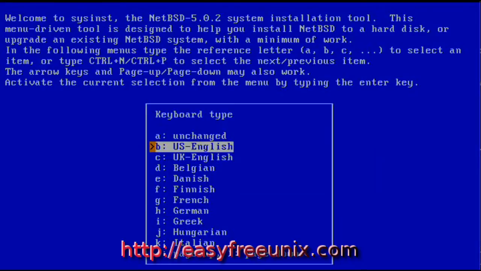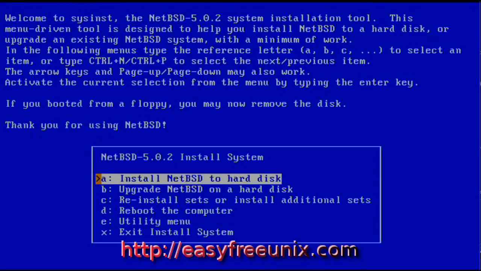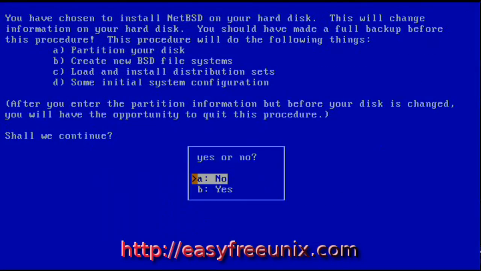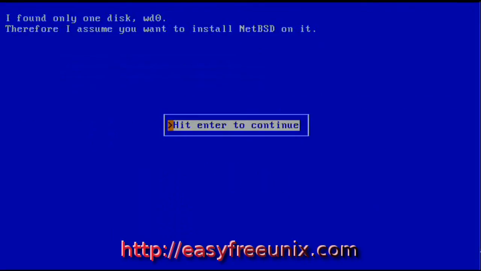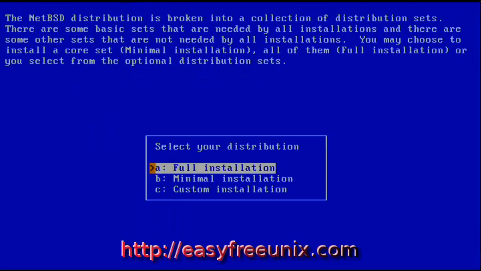Keyboard type US English, enter, and then install NetBSD to hard disk. Shall we continue? Yes. And we don't have any other disk on here, so we're just going to hit enter. We're going to do a full installation,